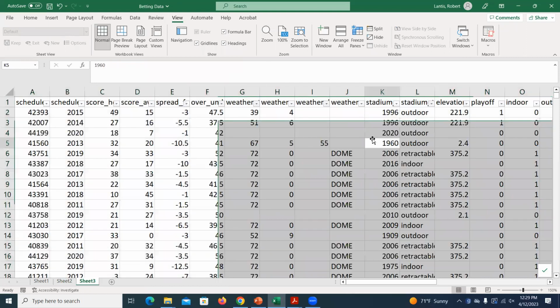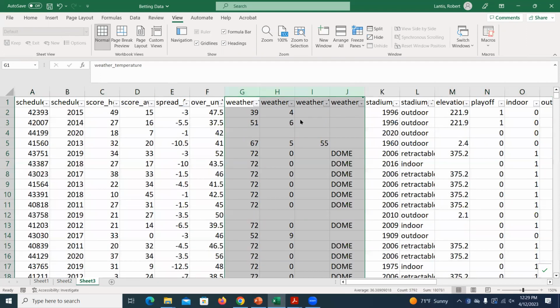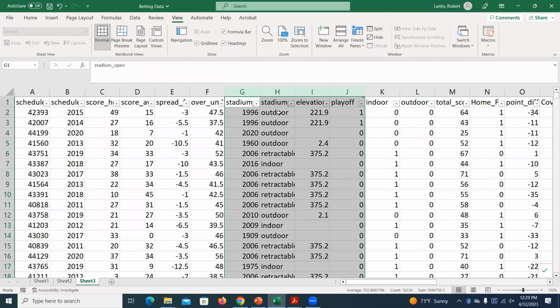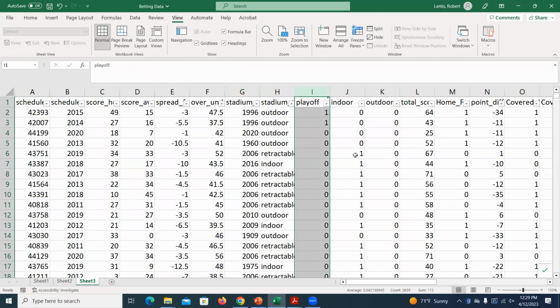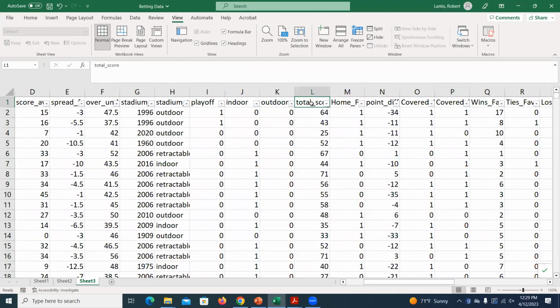Okay. So for right now I don't really need any of this weather data. There's a lot missing, so I'm just going to first get rid of that. Same kind of thing with the elevation. I might be interested if it's a playoff game. That might matter. I might be interested in, is it an indoor stadium or not? I'm not going to be using the total score of the game. I'm interested